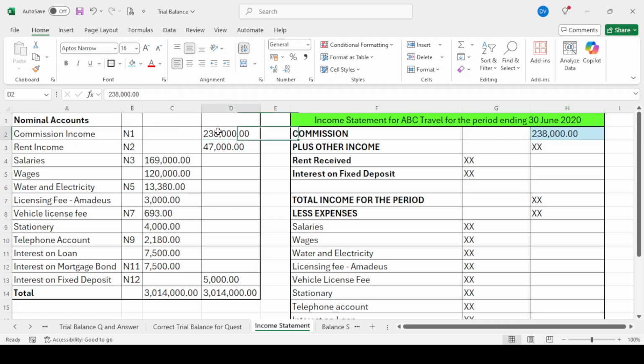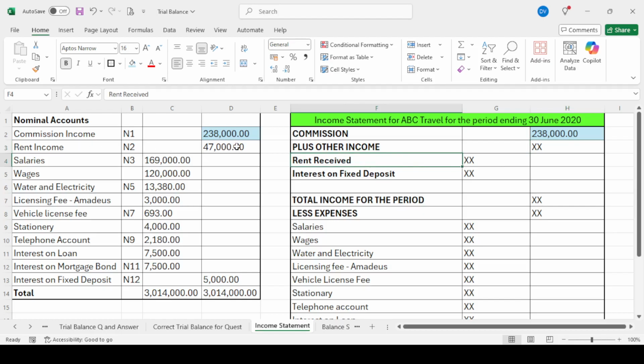I want to color code this for you just to make it easier to see. Right, then it says plus other income. So before we can add the other income here, we need to first go and see what it was. Did we have rent received? Yes, we did.